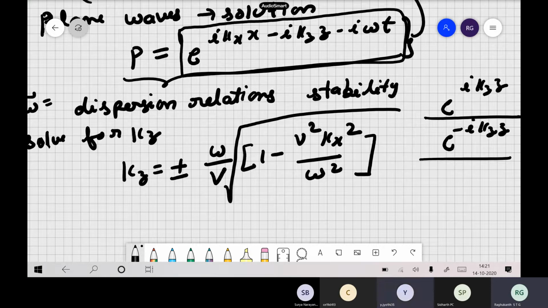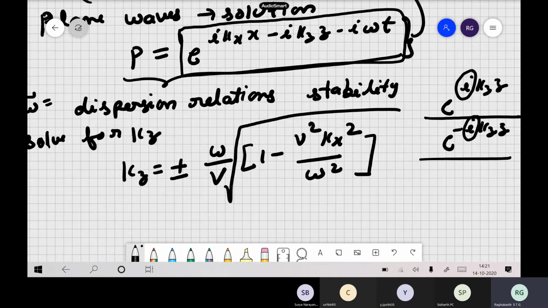So basically it is magnitude. It is showing whether it is a decreasing, exponentially decreasing or increasing function. Please see here, you have i. You follow, right? If the imaginary part was not there, then you can say exponential increase or exponential decrease.